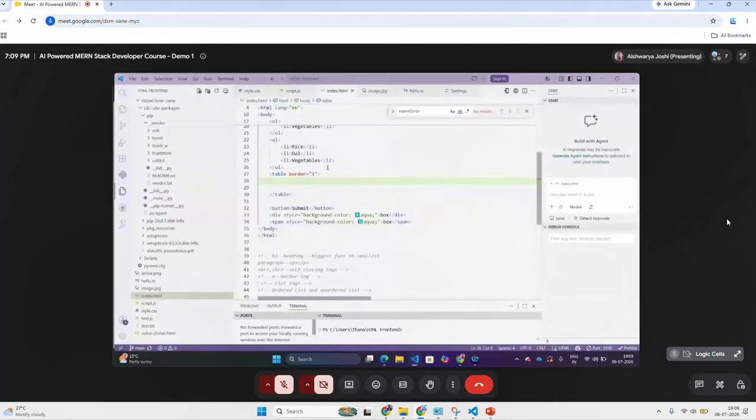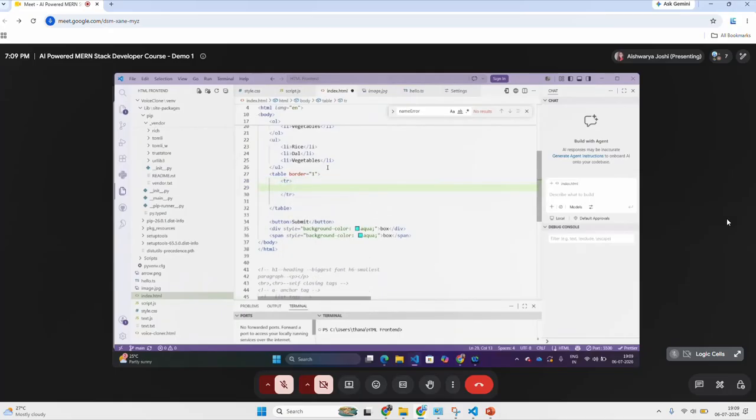Firstly, to create a table row, it is something called TR. TR stands for table row. We have to create however many rows we want. Inside this, what we give is TH.